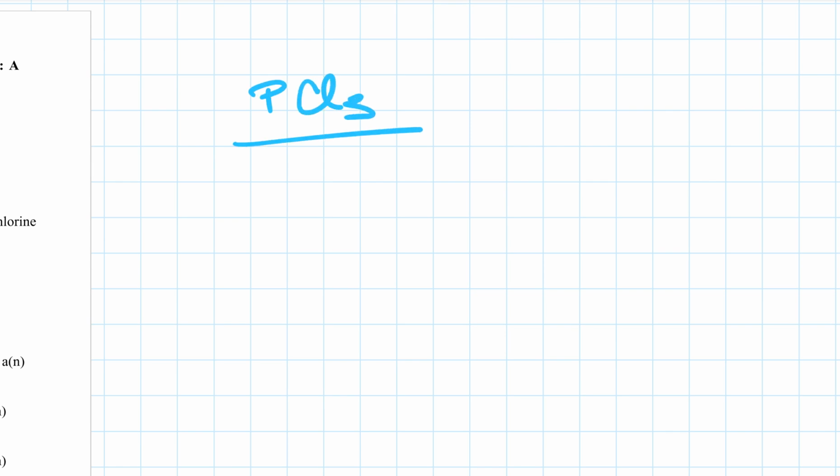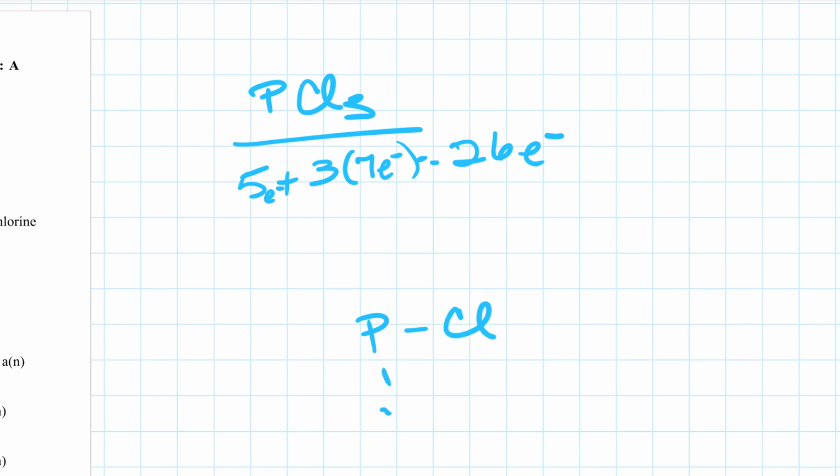Let's look at how many electrons that we're dealing with. Phosphorus, that's going to be 5, plus chlorine. We have 3 of those with 7 valence electrons each. That's a total of 26 valence electrons that we have to work with. Phosphorus goes in the center because it's the lowest electronegativity. Chlorine's on the outside. So we've used 2, 4, 6, 8, 10, 12, 14, 16, 18, 20, 22, 24, 26. Okay, there's my correct Lewis structure for